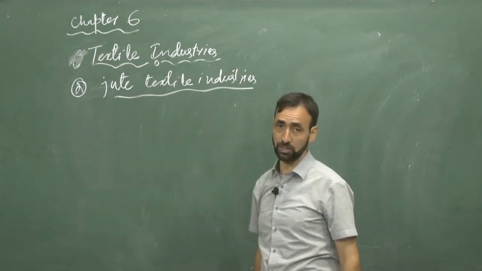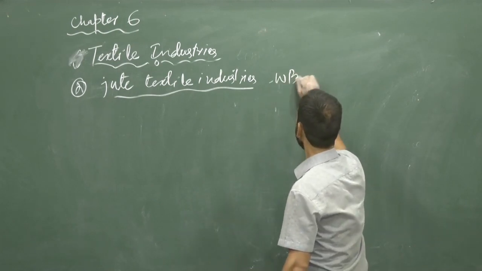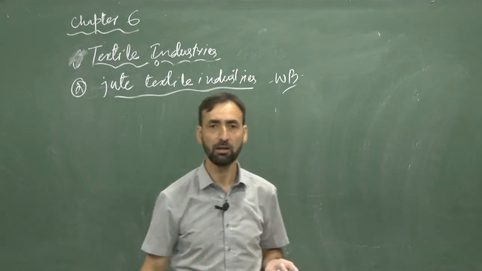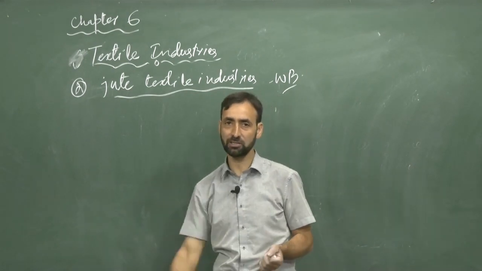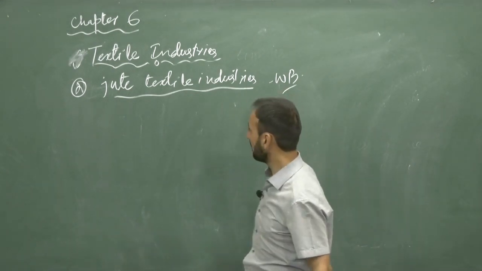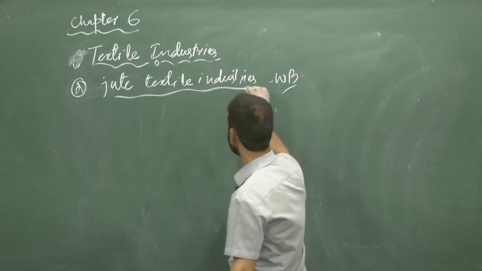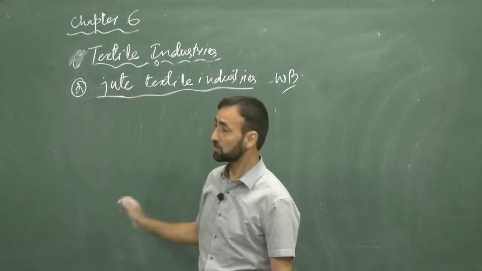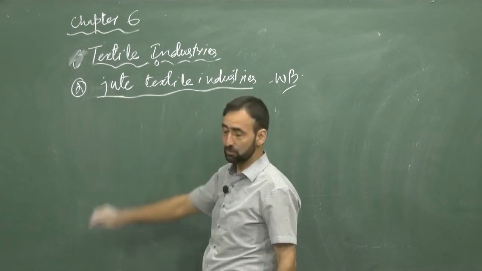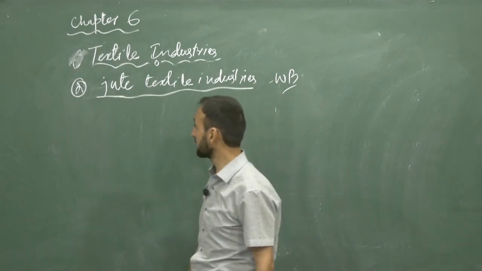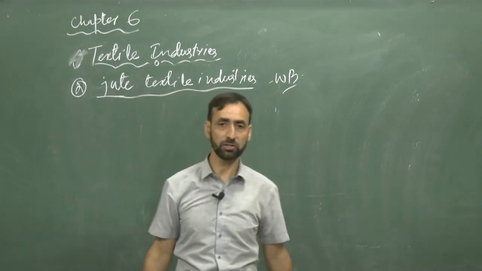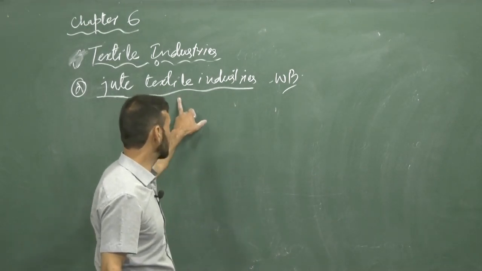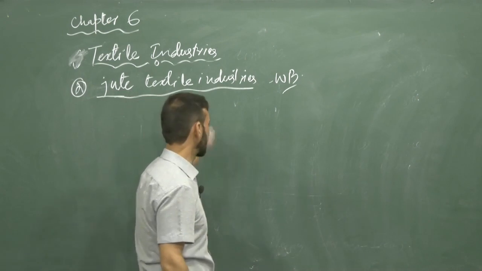Mostly jute is grown in West Bengal. When it was partitioned, more land was shared to Bangladesh and less land was shared to India. Most industries were shared by India and fewer industries were shared by Bangladesh. In this way, we have less land. That is why we are growing this jute in West Bengal. India is the largest producer of jute, but it is the second exporter because it has a huge population, and these jute goods are consumed or used by the population. That is why it is the second exporter.